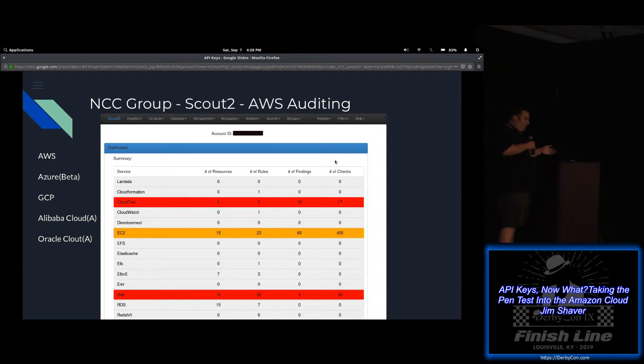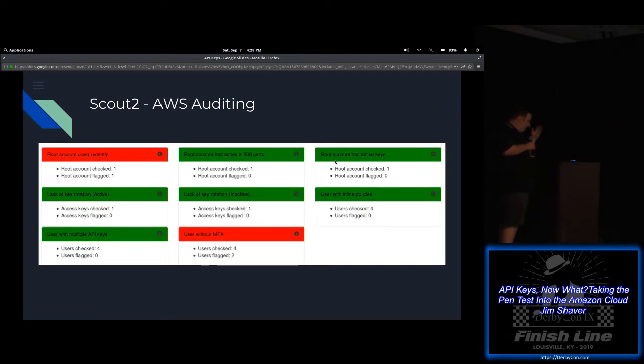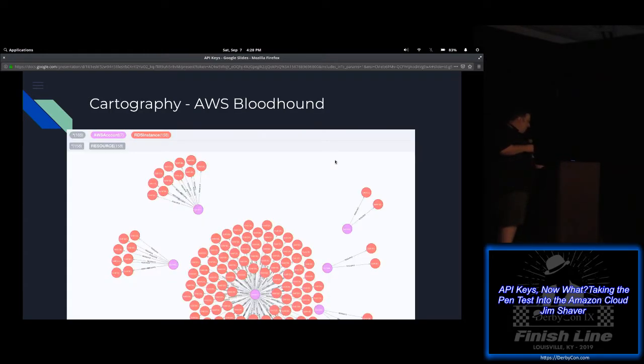So those keys need to be associated with audit permissions within whatever environment you're assessing. It'll run a report, and then it'll highlight areas that need work or have issues. You can drill through the report and say, okay, what's wrong with the root account? Let's figure out what we need to do to fix that, okay? So that's Scout 2.